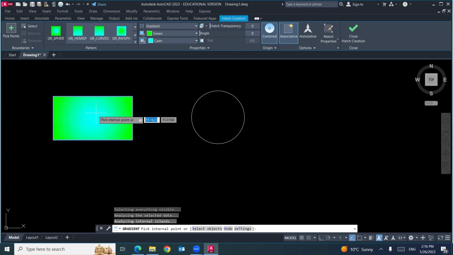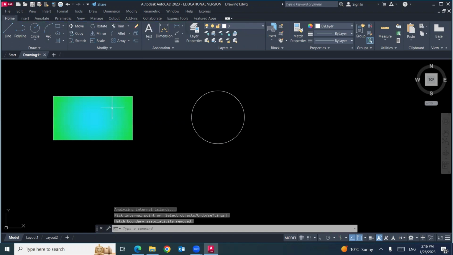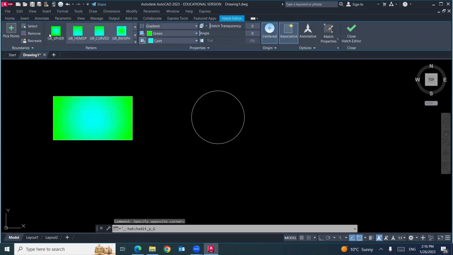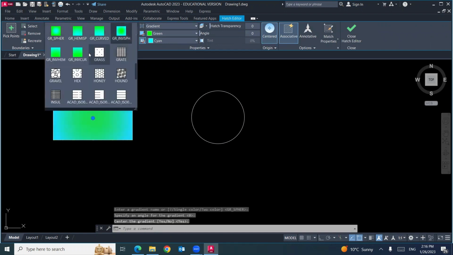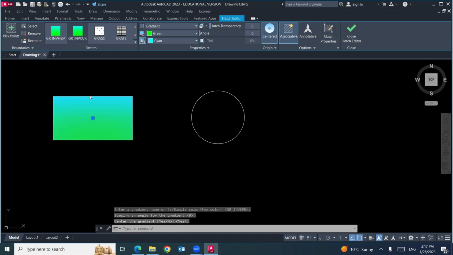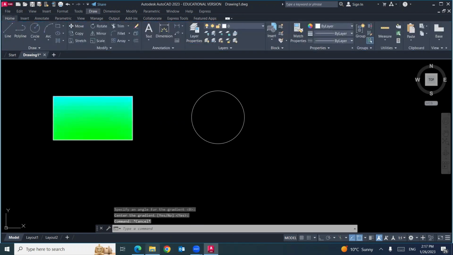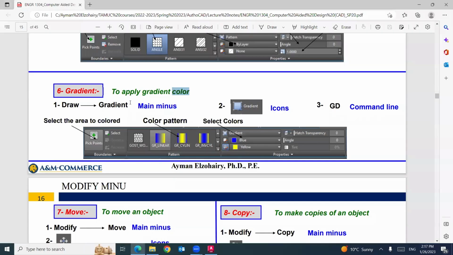If you click here and then Enter, you colored this area with two colors, green and blue, using this pattern. Sometimes you can switch this pattern. Sometimes we have different patterns like this. So gradient is used to make coloring if you want.